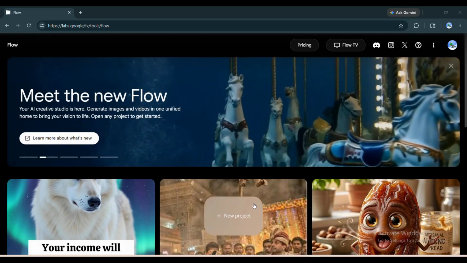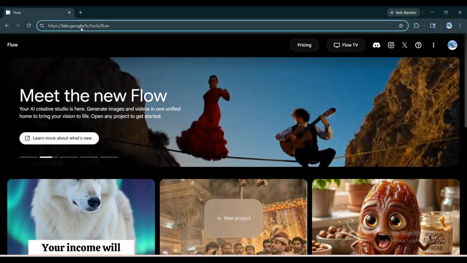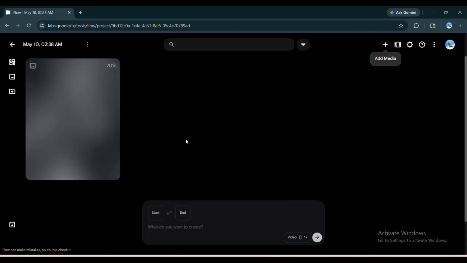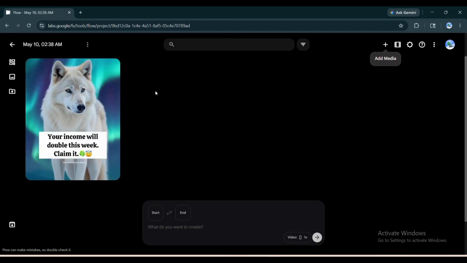This is how you animate an image with AI completely for free. Go to this website, press plus and upload an image. After you do that, just tap on the three dots, click animate, and describe the way you want your image